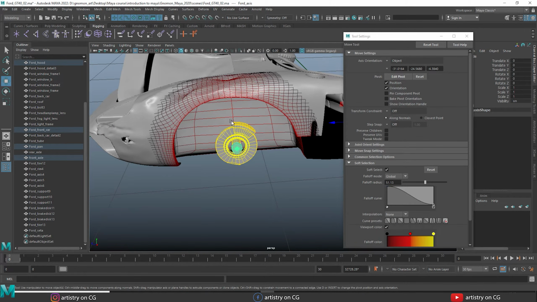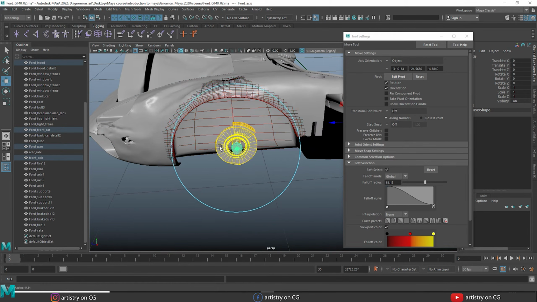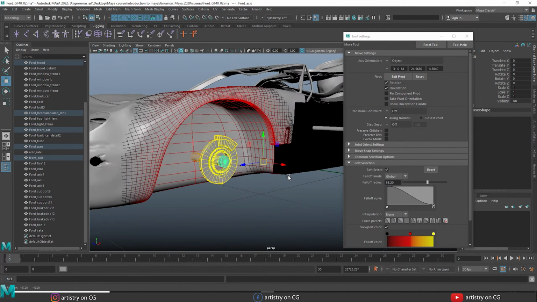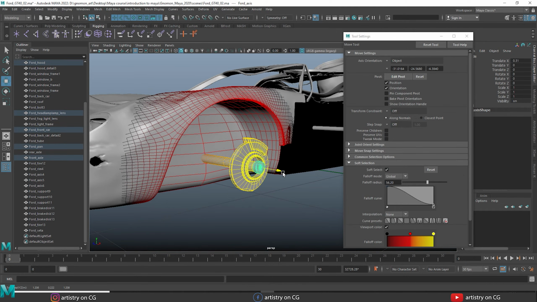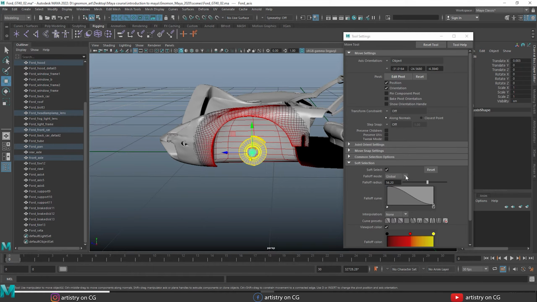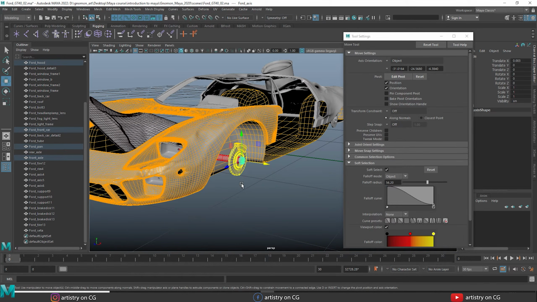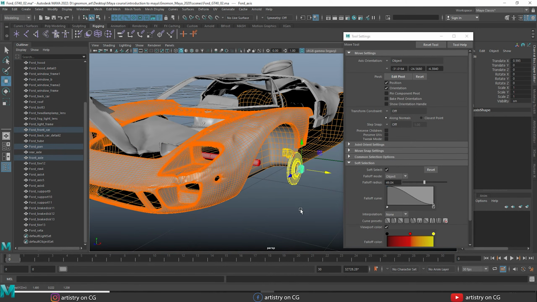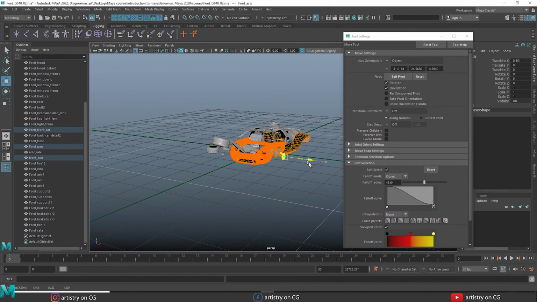Now you can see it is mixing with my next object, even though they are not part of my selection. This is due to global. It selects globally, which selects everything that falls within this volume, as you can see here. We also have the falloff mode object. If I set my falloff mode to object, then select this object and increase my soft select radius, you can see it does not select the component, it selects my nearest object. So this is a very important difference between global and object.